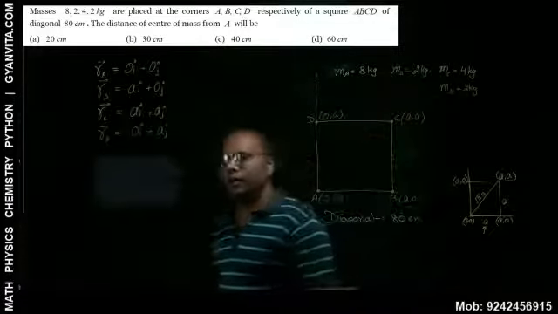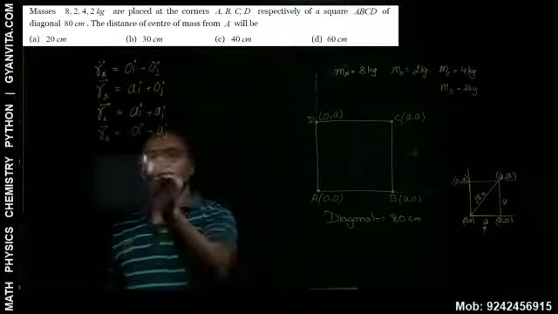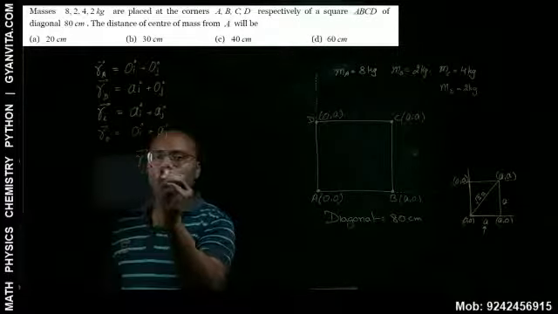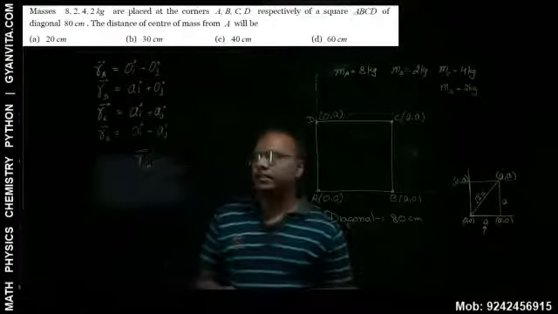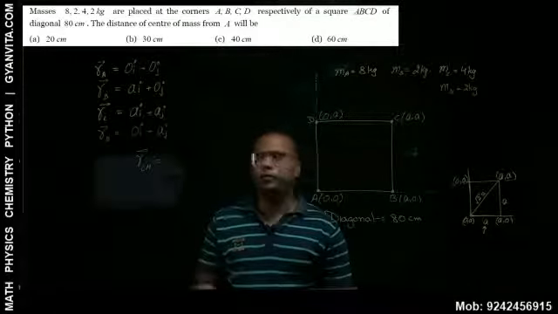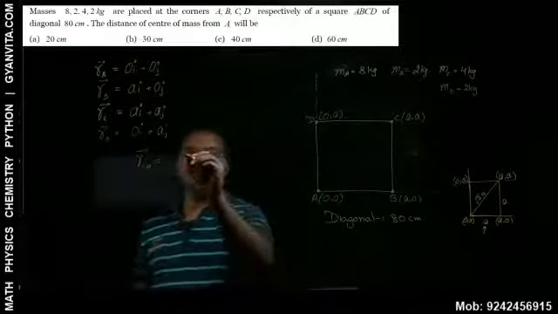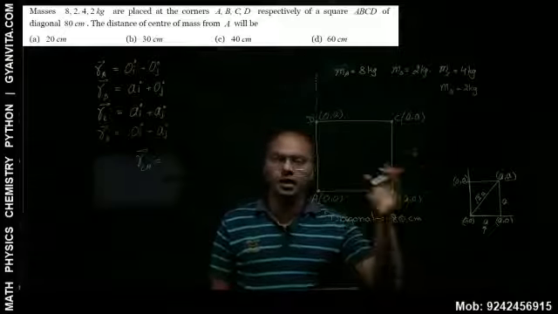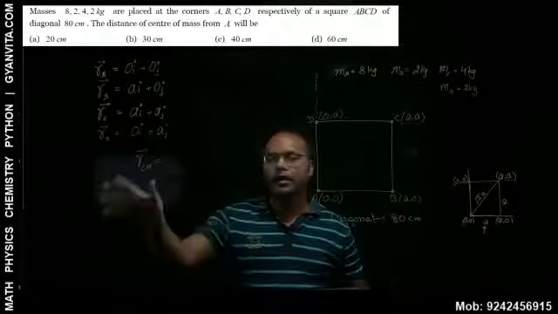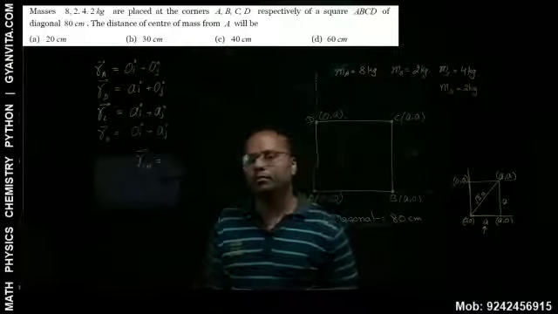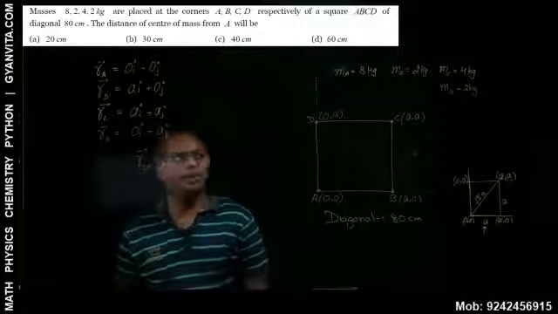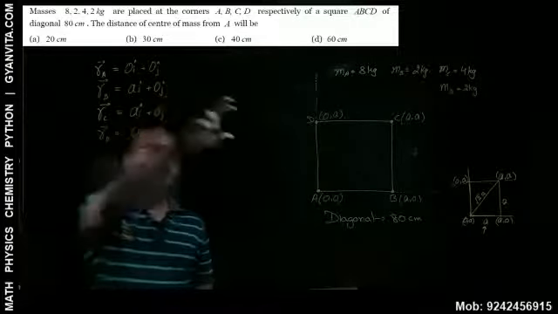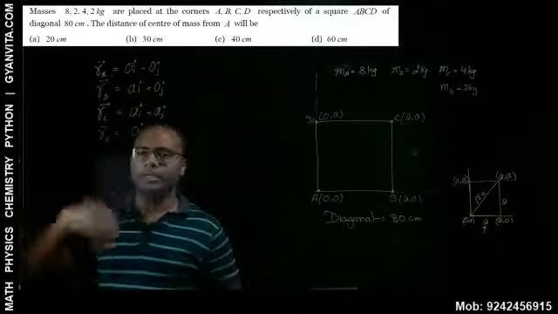What do you have to find now? You have to find the position vector of the center of mass. So I think that is straightforward now. What you have to do, you just have to substitute this: that is MARA plus MBRB plus MCRC plus MDRD, whole divided by total mass. That is the only thing which you have to do. So I'll not write this entire expression here, but just multiply this. 8 kg multiplied by this, so this is anyway 0. So it will remain 0.